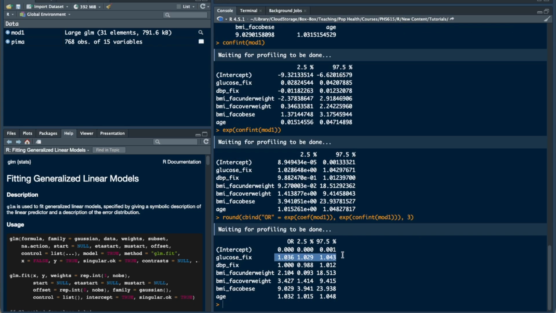So we see that for glucose. We see that for the comparison between overweight and healthy weight, obese and healthy weight, as well as age. Right? And remember what odds ratios are. There's two ways to interpret an odds ratio. The first is as a multiplicative effect. Right? So for example, if we look at